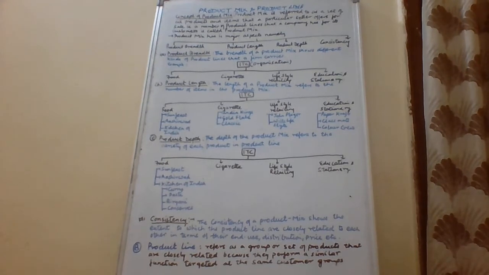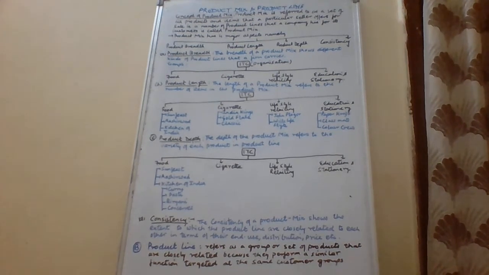The next is the consistency. Consistency of a product mix shows the extent to which the product lines are closely related to each other in terms of their end use, distribution, price range, etc. Therefore, ITC's product lines are less consistent as these perform different functions for the buyers. So they are diversified. They are not consistent, because one category is food, the other is cigarette. Now, they are not